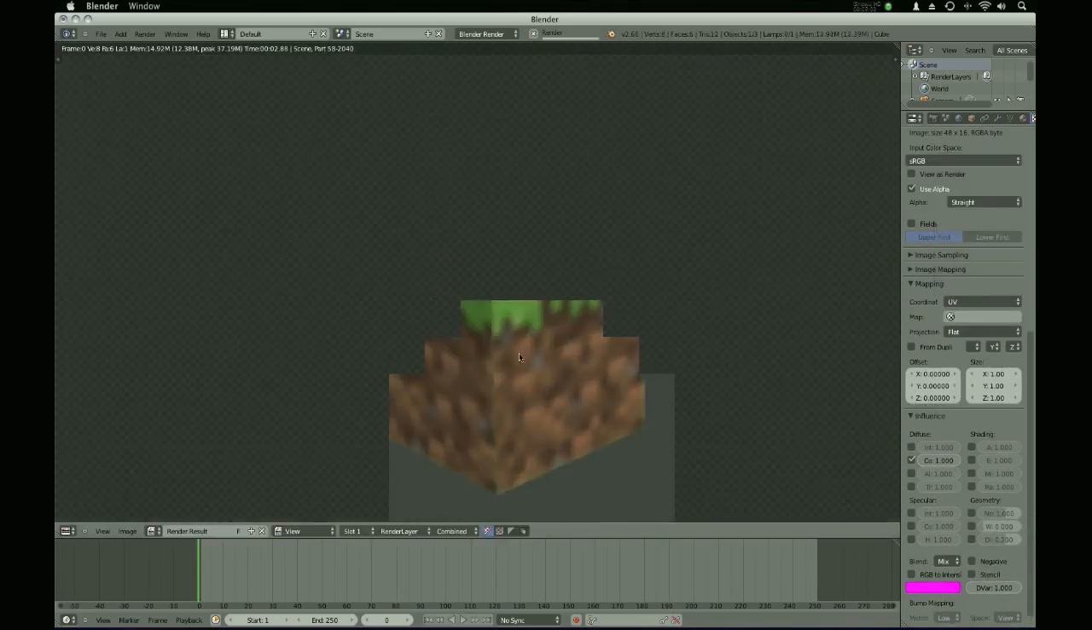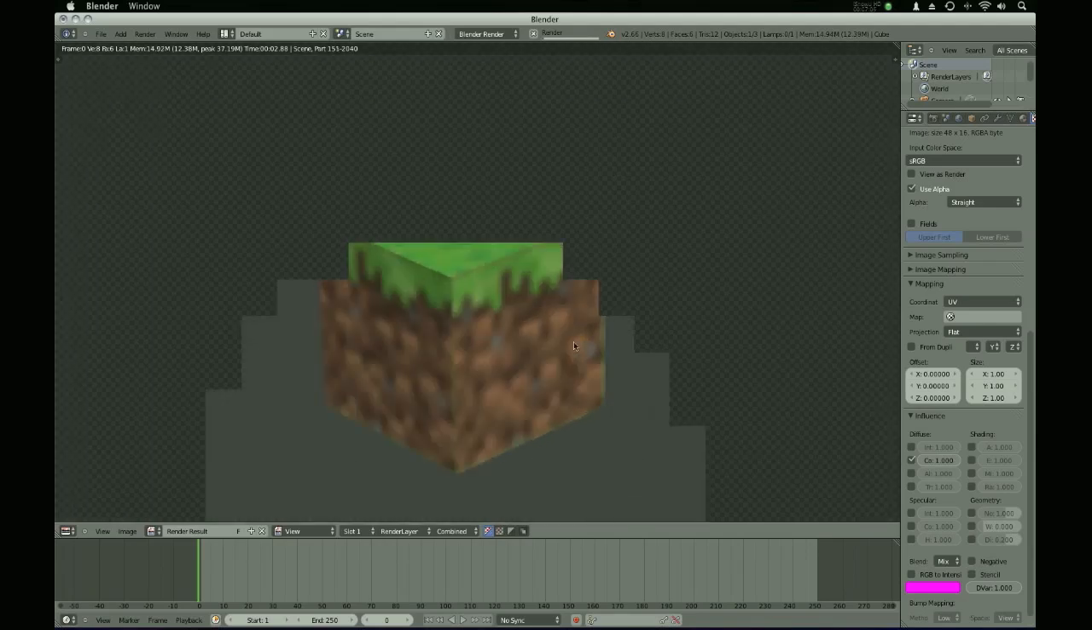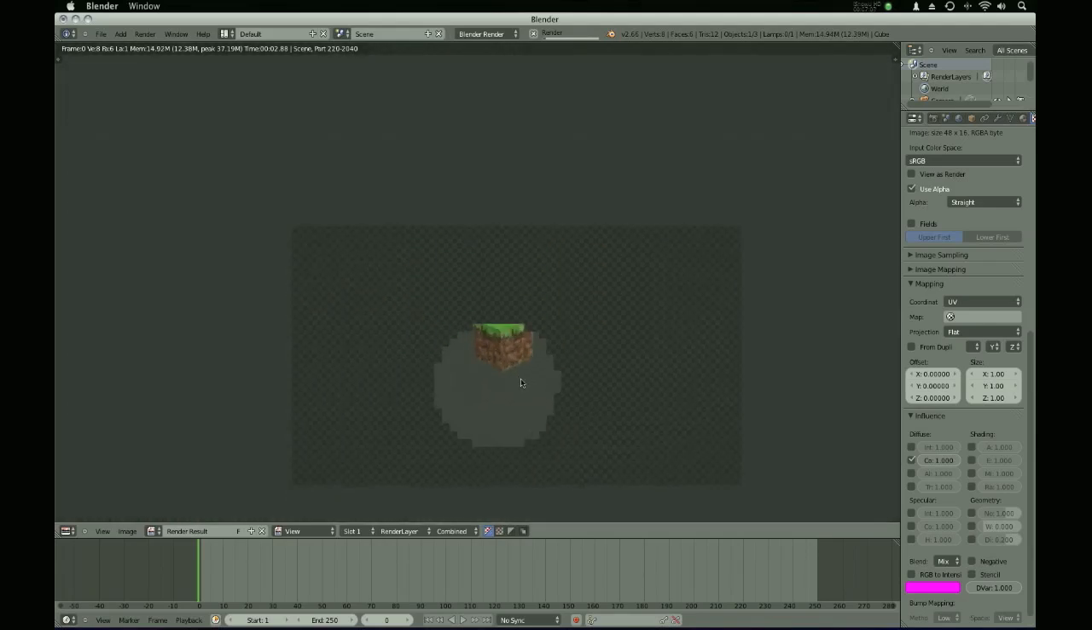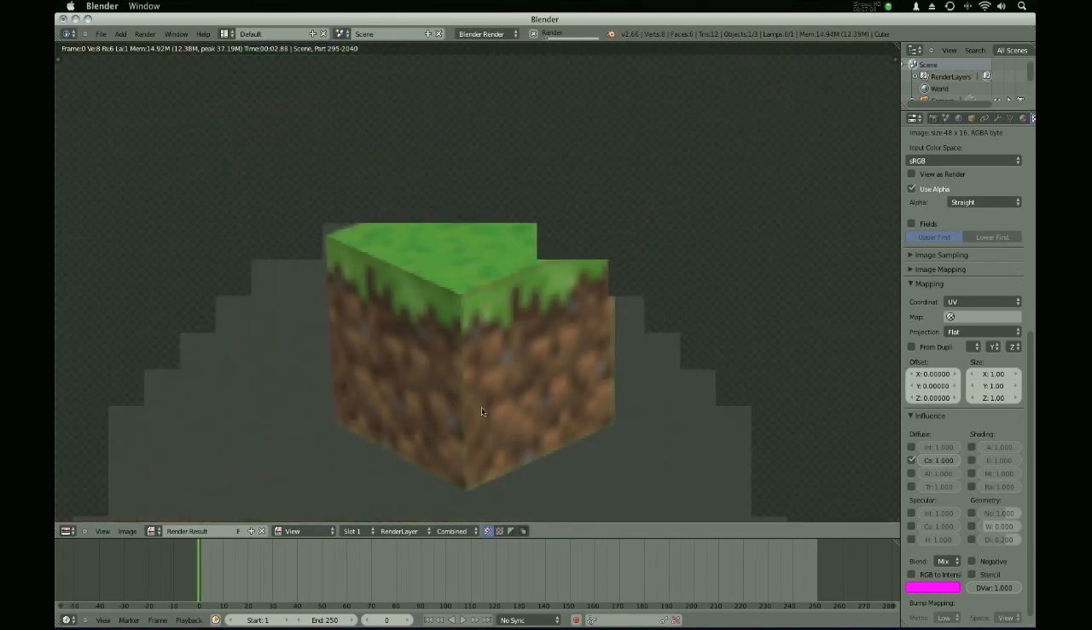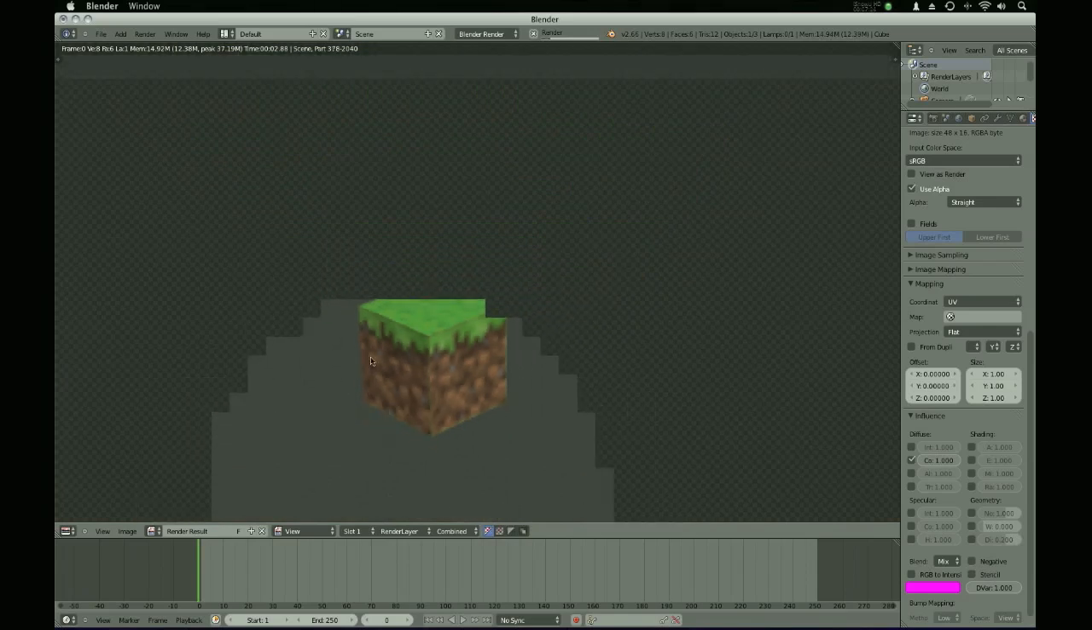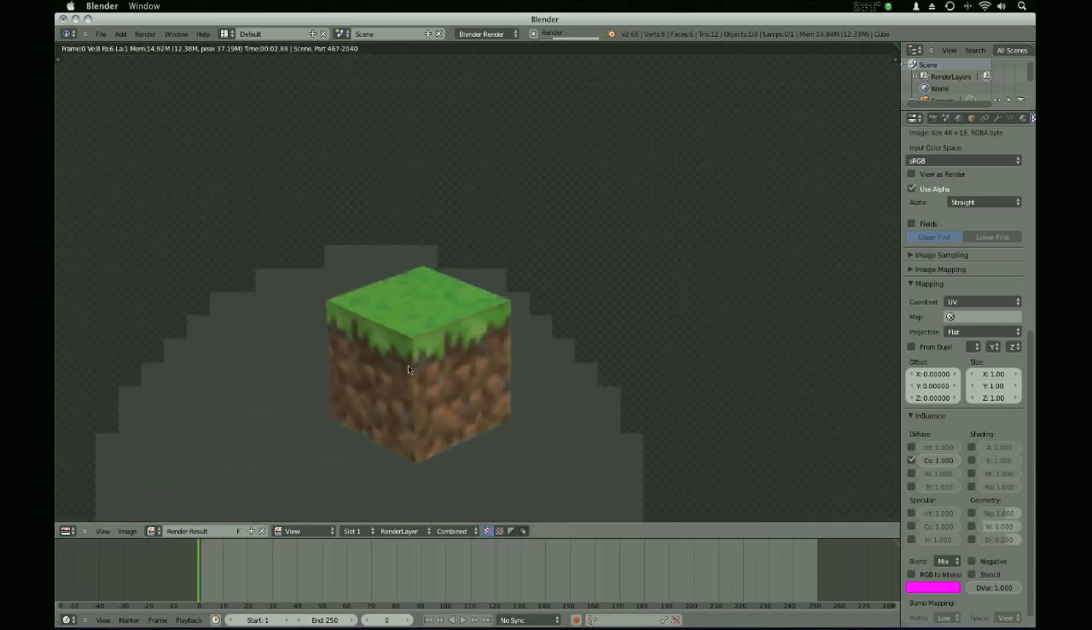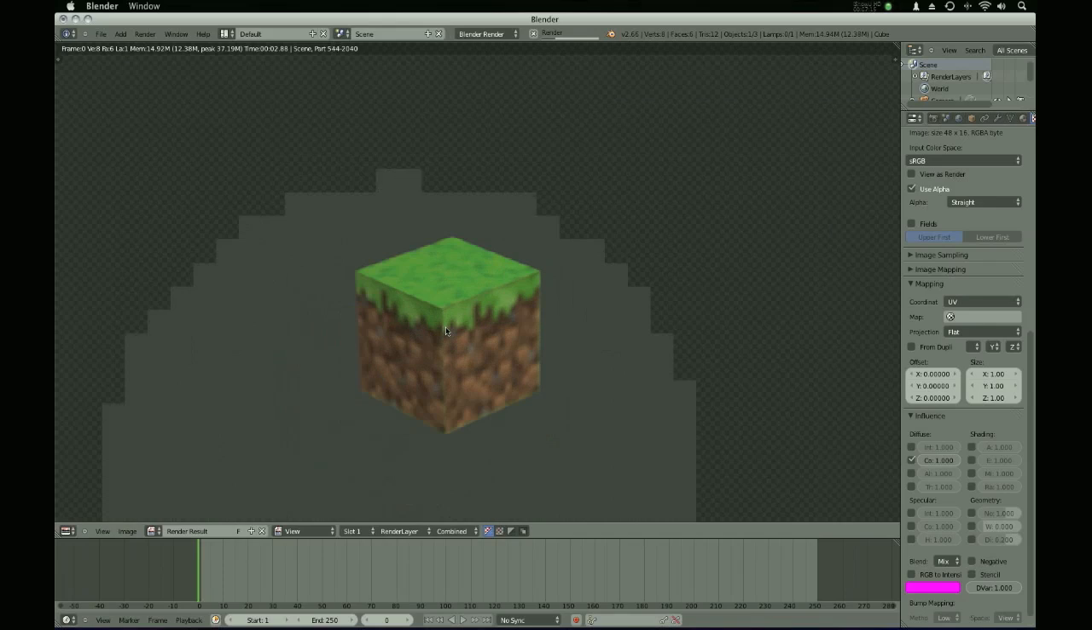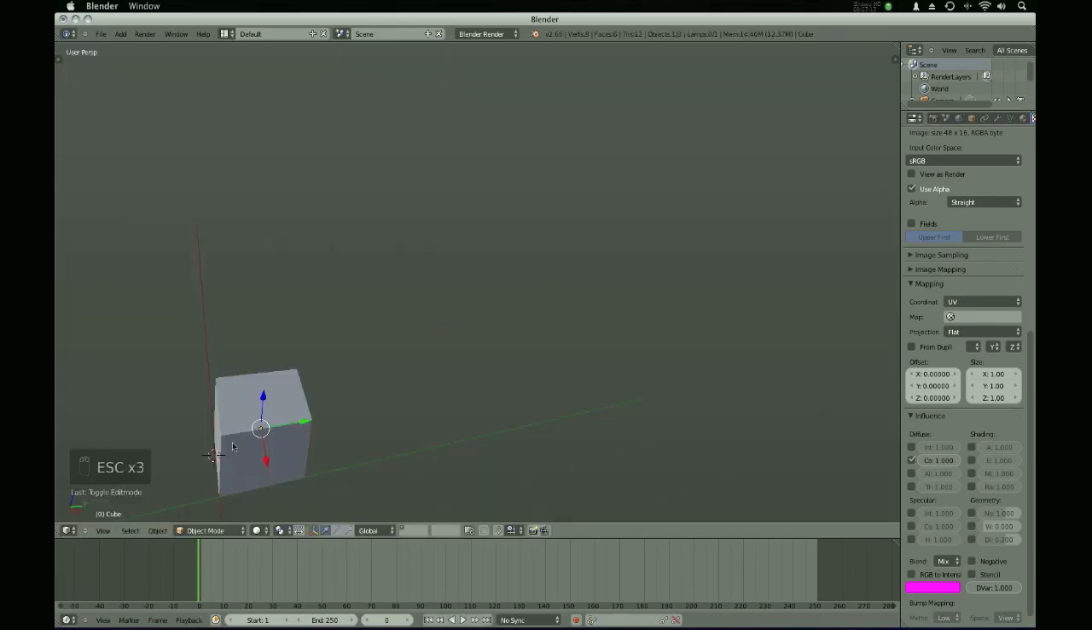Now if we render, we have this blurry, crappy looking Minecraft block. And Minecraft is pixely. That's sort of the goal. It looks retro, I guess. And it's cool, personally. I think it looks pretty cool. But it doesn't look like that right now. And that's because we're using